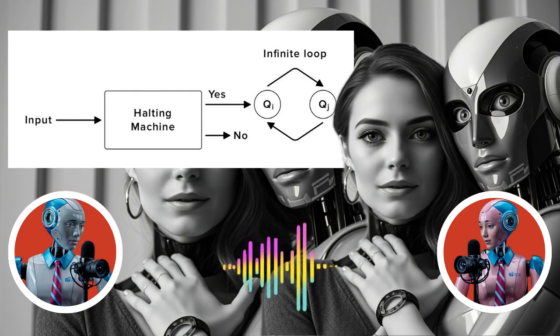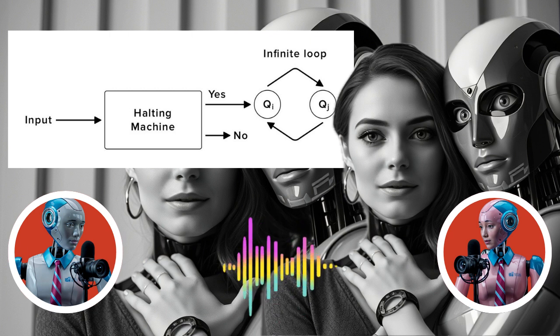Hold on. Why not? It seems like if we were clever enough, we could write a program to analyze any other program. That's where it gets really interesting. Geeks for Geeks uses a proof by contradiction to explain this, and it's pretty elegant, actually. Let's assume we could create this program. Let's call it the halting machine. It can tell us if any program will ever halt or not. Okay, so we've got our magical halting machine. What's the contradiction?